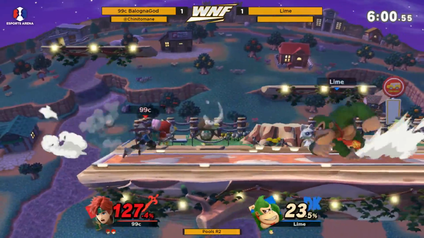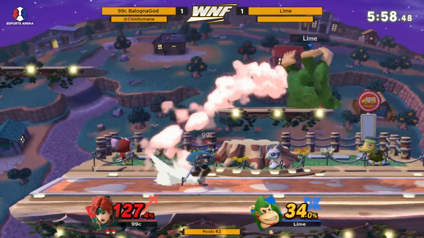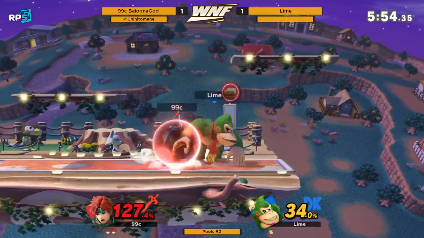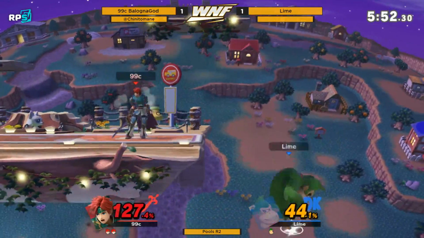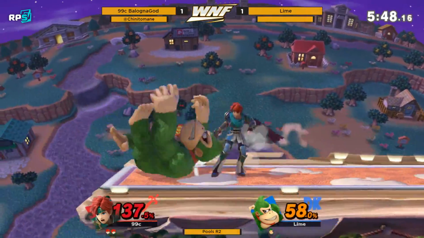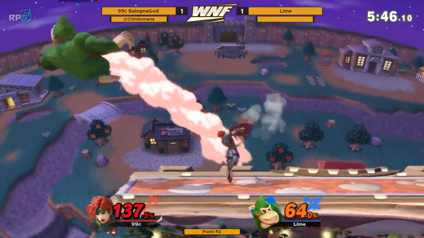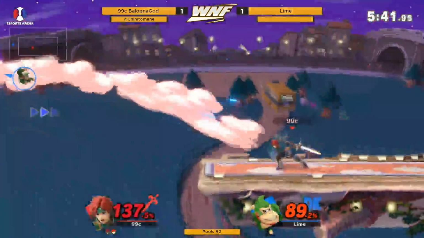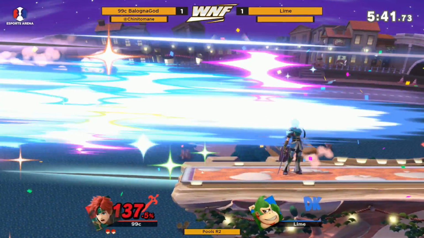So BolognaGod slowed it down right there. Kind of waited to see what Lime was going to do. Didn't want to commit too hard. The game is very close, and he did throw away that stock earlier. He wants to hold on to this one. And Lime is doing a little bit more dash dancing now, trying to get his mix-ups a little bit more, which I'm very happy to see. Hopefully it's not too late. He did something he did a lot more in game 2, and he dropped shield, and that is going to kill him, unfortunate. That was a good way to condition shield with the falling up air, and